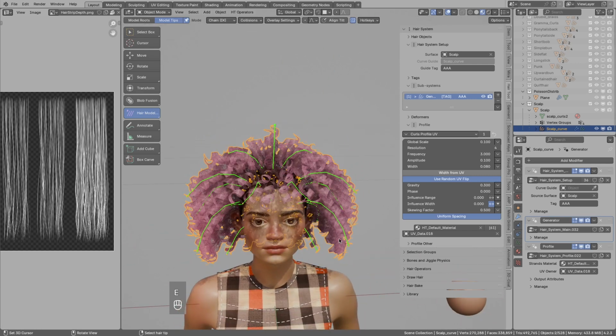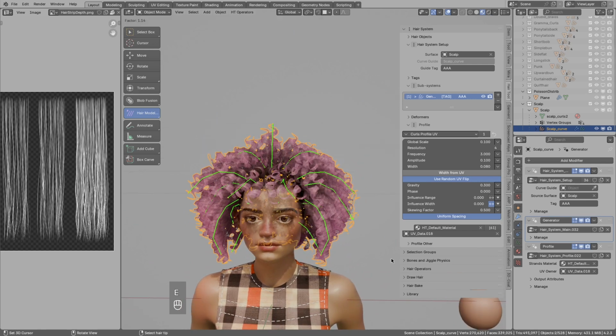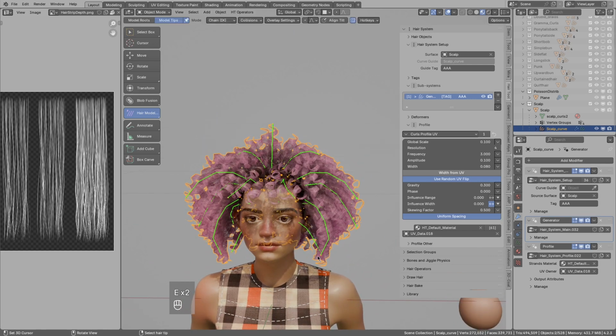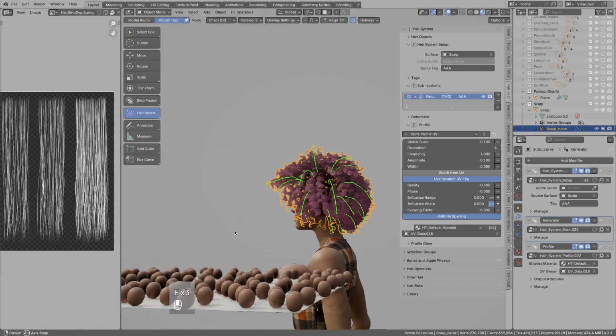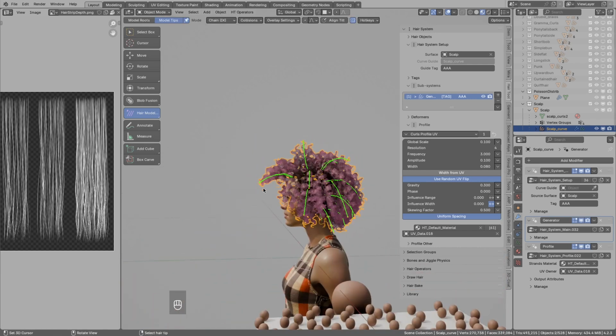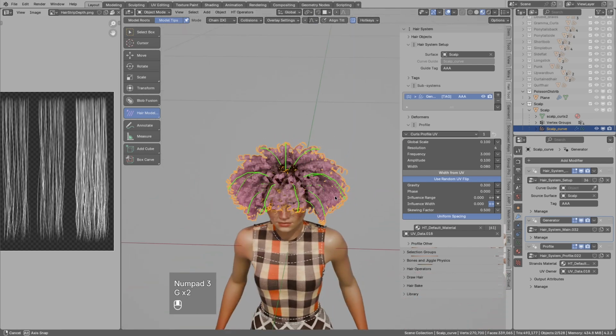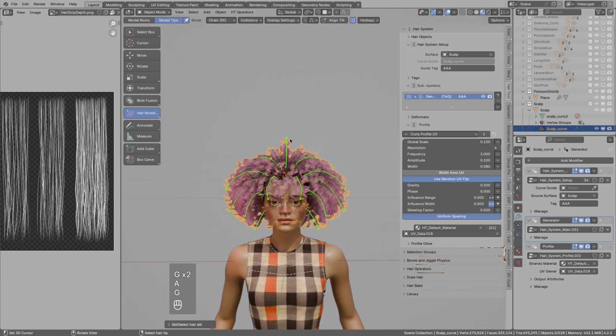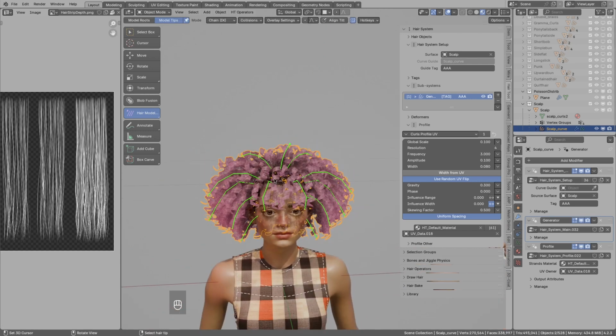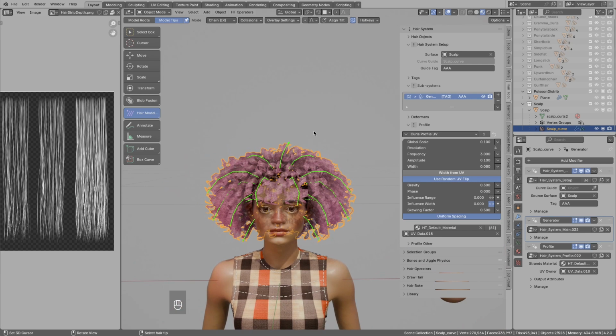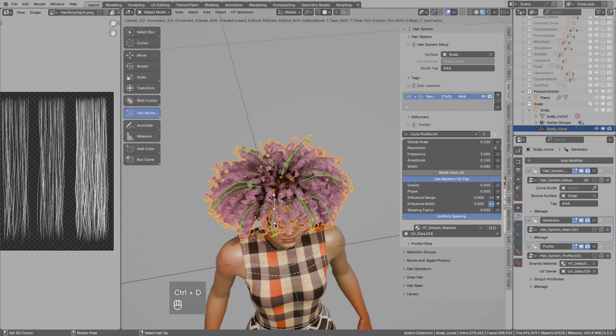I will maybe move some strands around, make some shorter, some longer. Now this will be just up to your modeling skill to make it look nice. So I am thinking I do not like this being fully symmetrical, so I will disable the symmetry and maybe move the strands without symmetry.